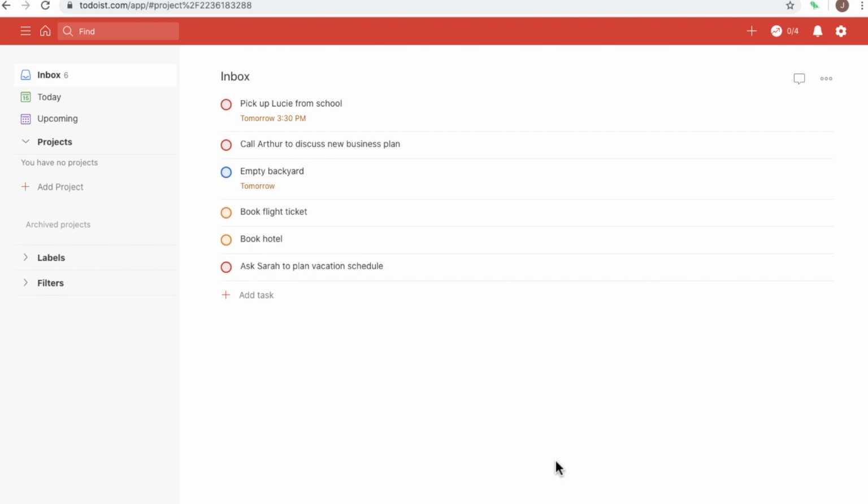So Todoist allows you to create a project for your task management, and essentially the project is nothing but a kind of a folder where you can store your tasks based on different areas of work. So let's go ahead and see. So for example,